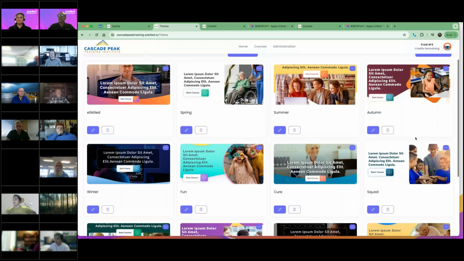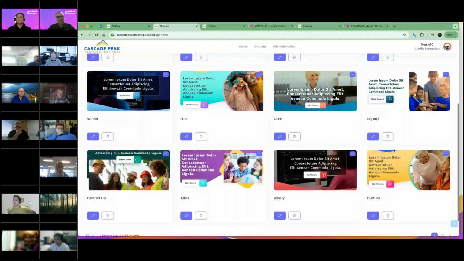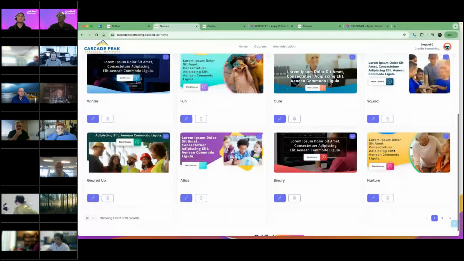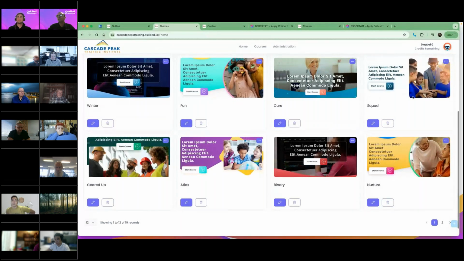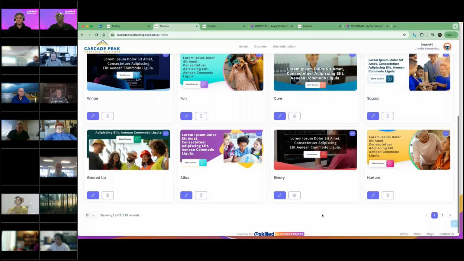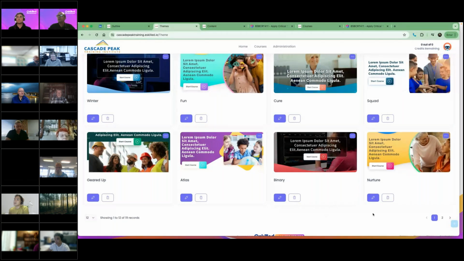So basically the themes, you'll see here, at the moment there's 18. By the time we launch, there'll be around 48 ready to go. So our goal is to have subject matter and styles that fit most scenarios: mining, construction, early childhood, fitness, hospitality, you name it. But really, it doesn't matter if the style that you want isn't there. You can just choose the style that you like, and you can duplicate that,